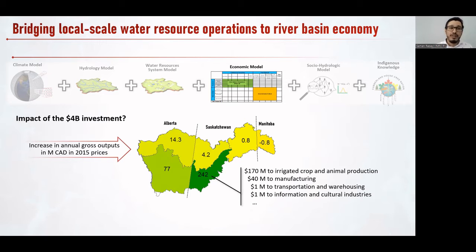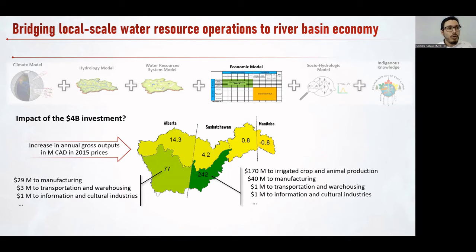For example, about $1 million in a year to information and cultural industries. That is not a water using sector, but it will benefit from intersectoral and interregional interactions. And more importantly, let's look at upstream in Alberta. So Alberta will also benefit economically from this project. For example, $29 million to manufacturing in Alberta will be the added value of these investments in Saskatchewan and also